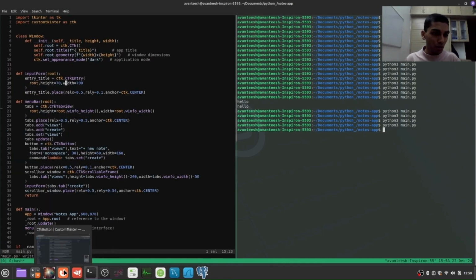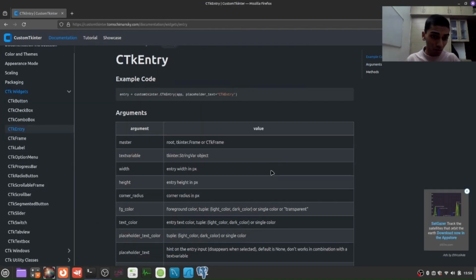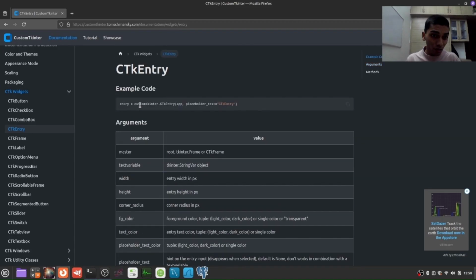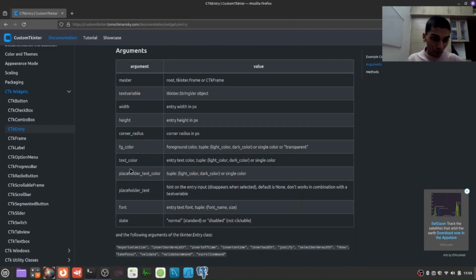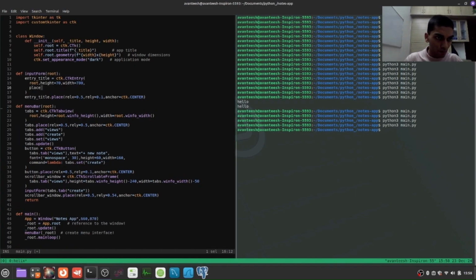Now let us look for more changes that we can make to the entry widget in our documentation. So we can obviously change the height and width, and we can also add a placeholder text. This is the attribute that we want to add. So I'm going to say placeholder. So this input is going to take the name of our file,